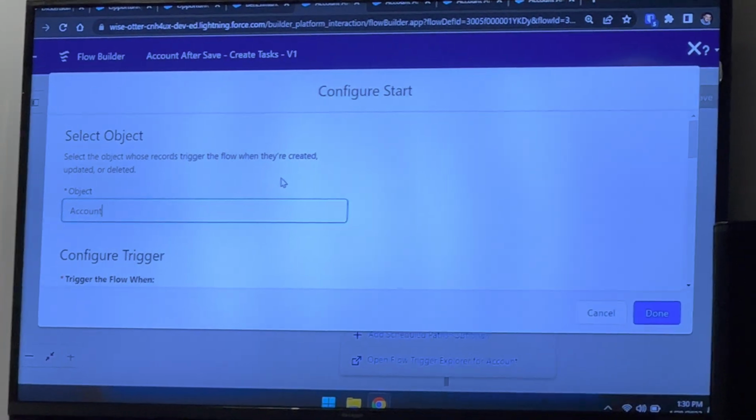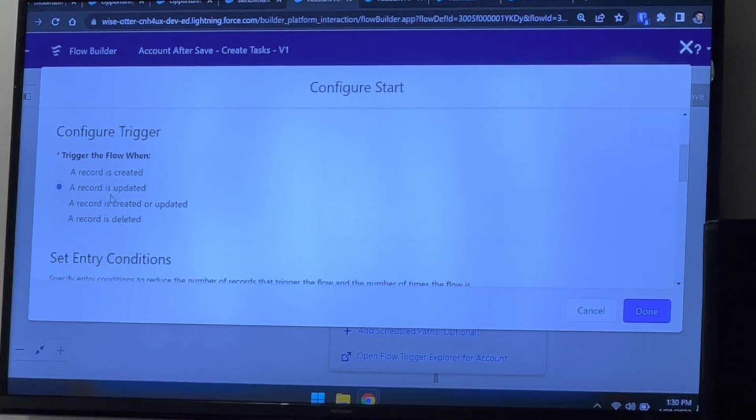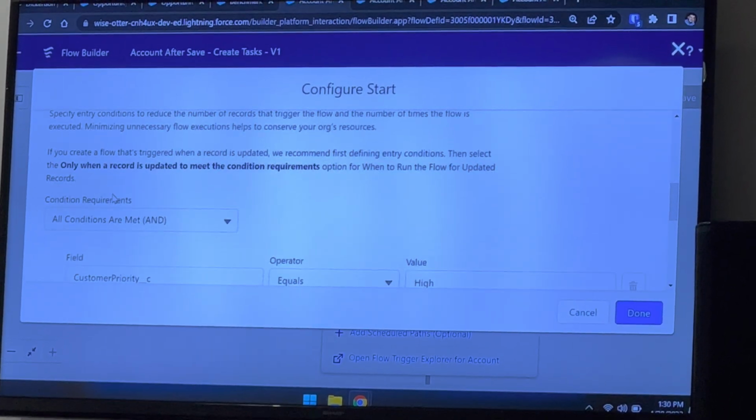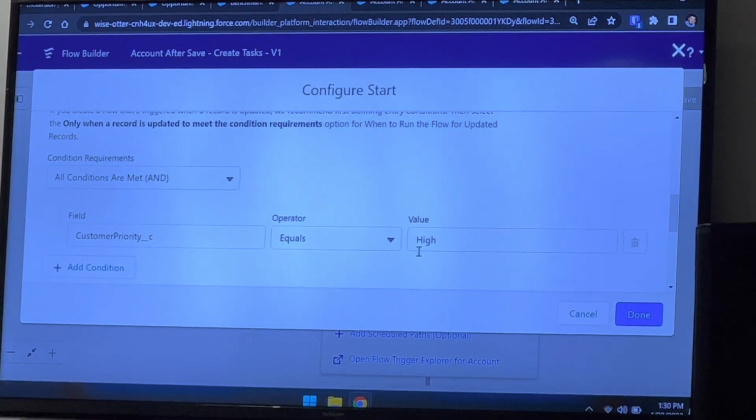Walk through the start elements here. We're running this automation on the account object. We want this to run when an account is updated. This is set up for actions and related records. And then we do have some